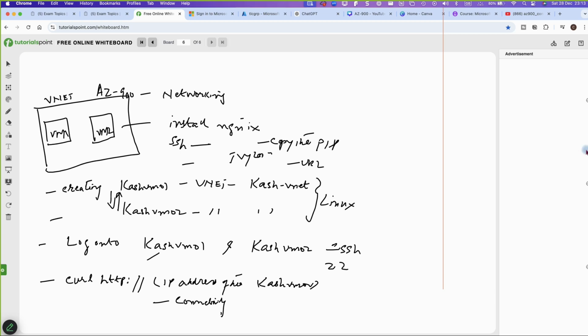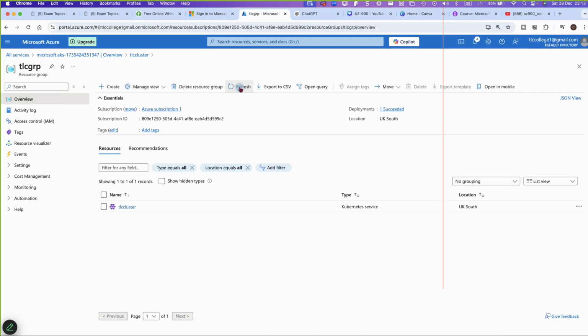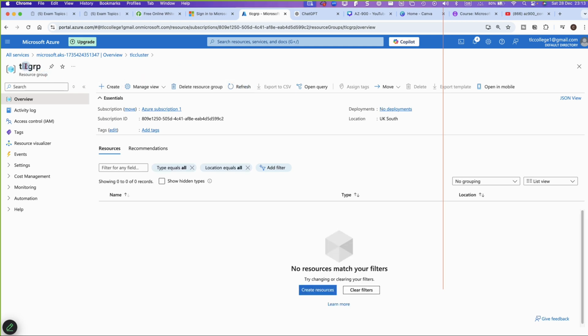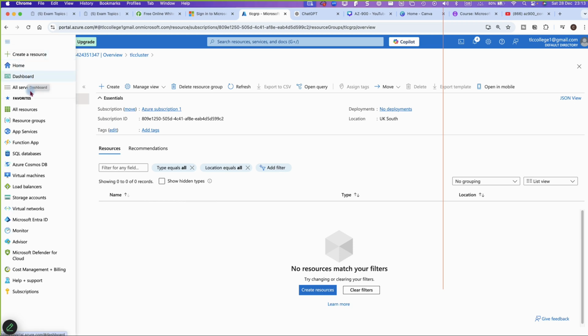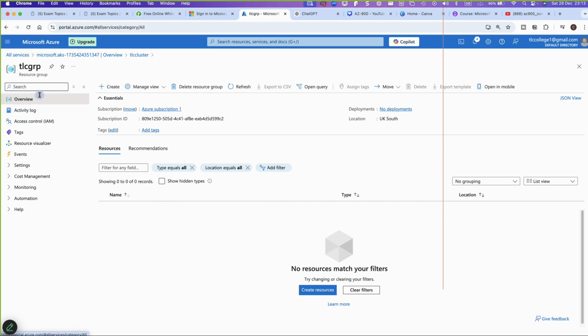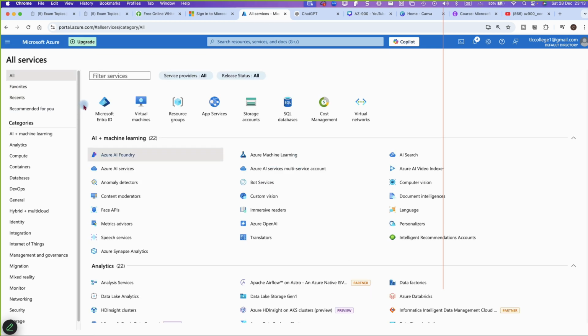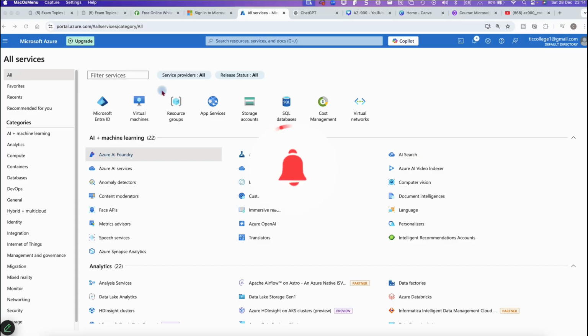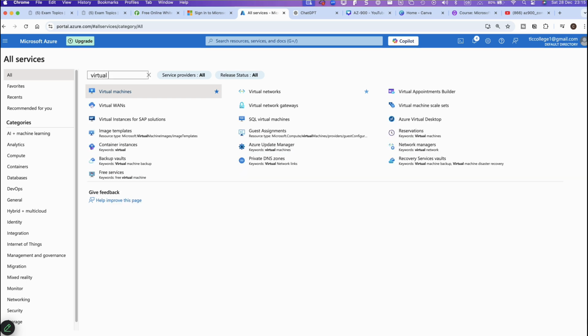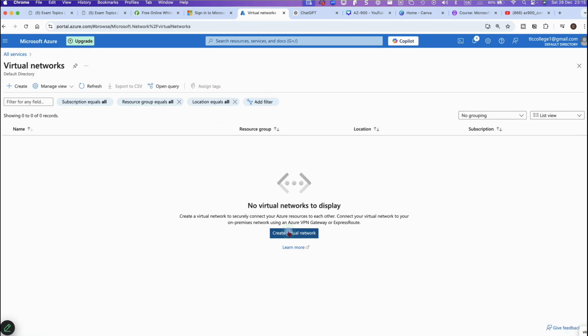Okay, let's install two machines quickly. Let's go and create a virtual network first. Let me start with the VNet first. Like you always say, go to all services, search for virtual network. So this is virtual network. Click virtual network, create virtual network,